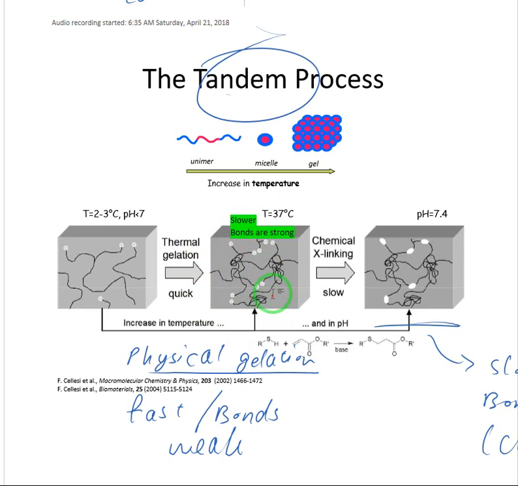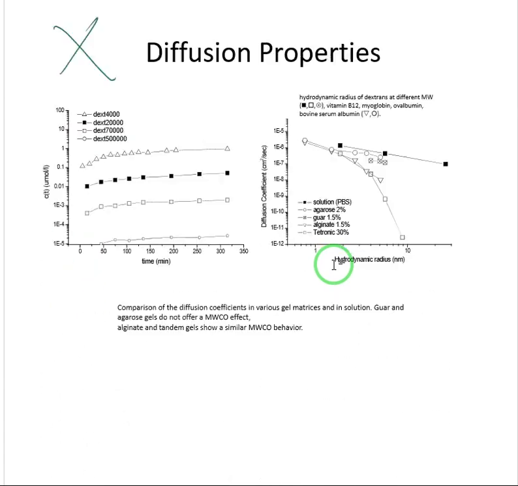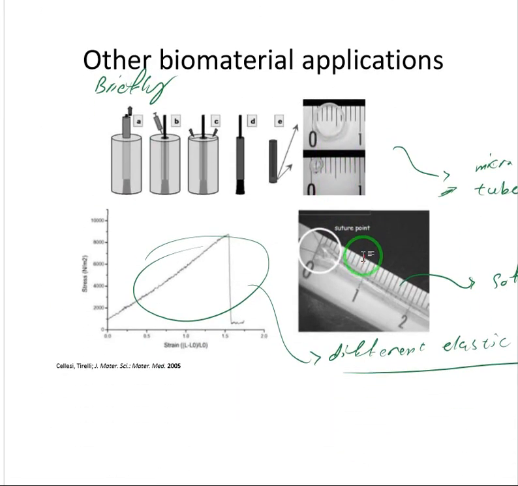On the other hand, if the polymers in this network are connected with each other with the chemical bonds, we will have the chemical linking, which is stronger, but it takes more time compared to the physical gelation to be formed. And for the physical gelation, because it is happening quickly and instantaneously, we can exploit this phenomenon in order